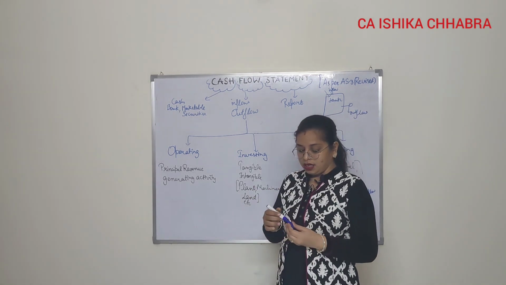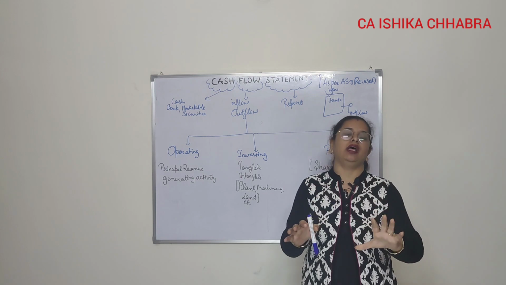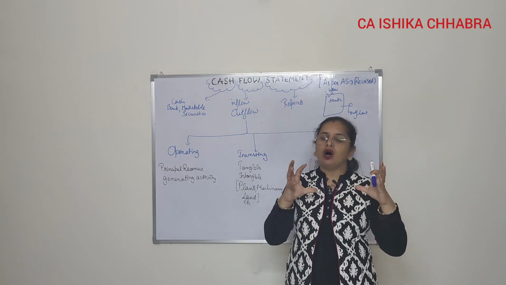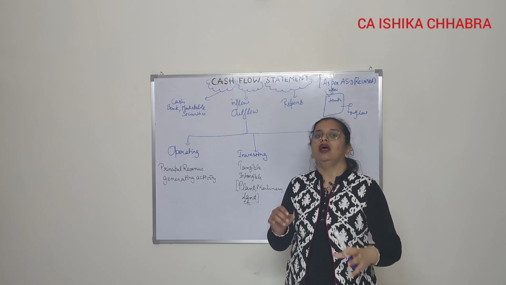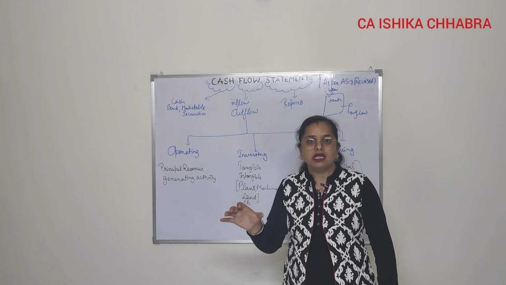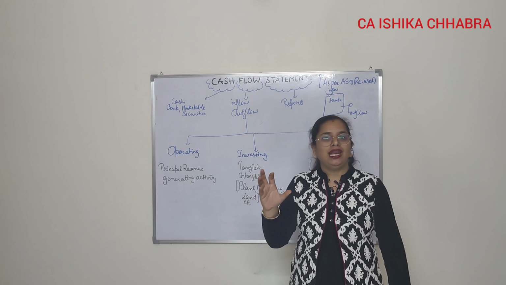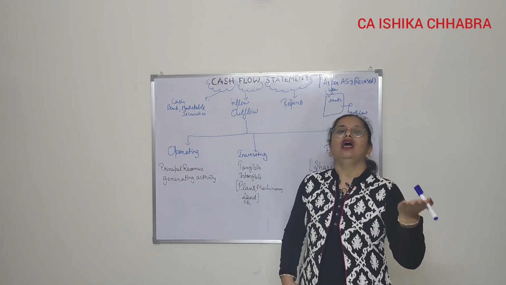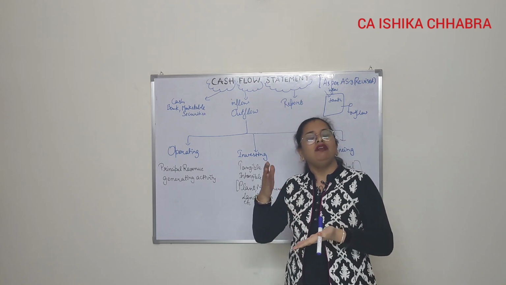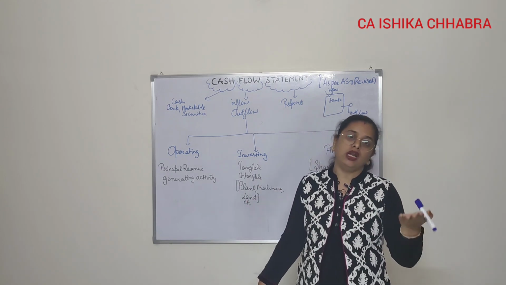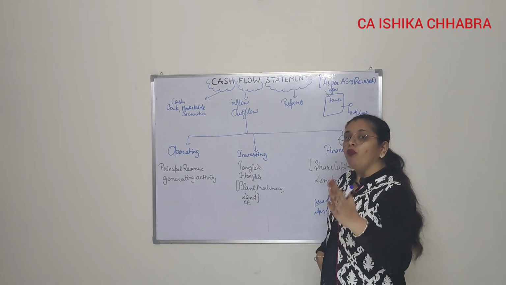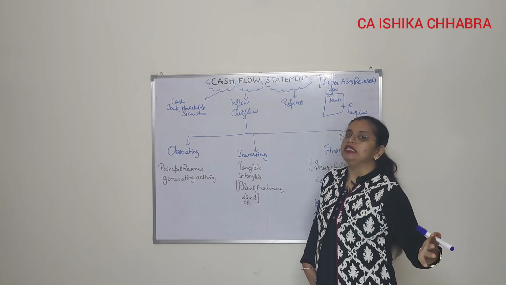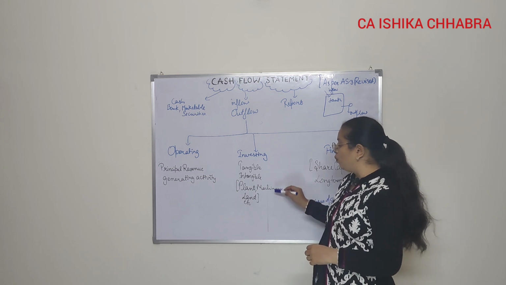Next is investing. As you have seen in your families also, whenever you earn something and have some money, you want to invest it somewhere, either in property or land. Similarly with a business, it will invest in land, plant, furniture, goodwill, anything. So wherever we invest our money in tangible or intangible assets like fixed assets,